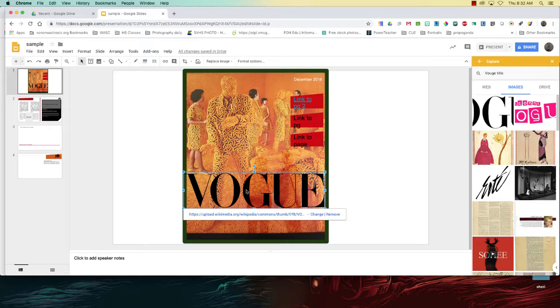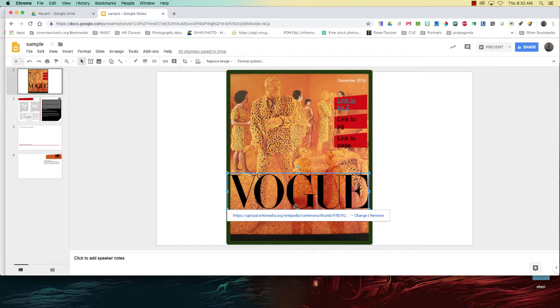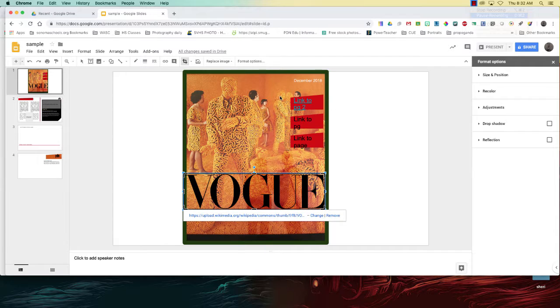Now another cool thing to do with this, and this will be the last thing I show you, is some of the effects that you can do. So again, I can go up to, where is it? Tools. I'll double click it. Alright, it's actually in format options. So format options, you'll see that highlighted. Again, there's the bounding box because I double clicked it, single click it, and you can see that I can change